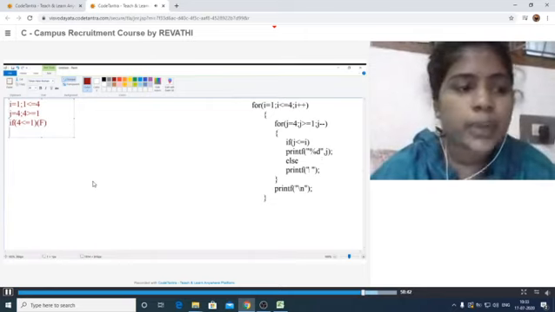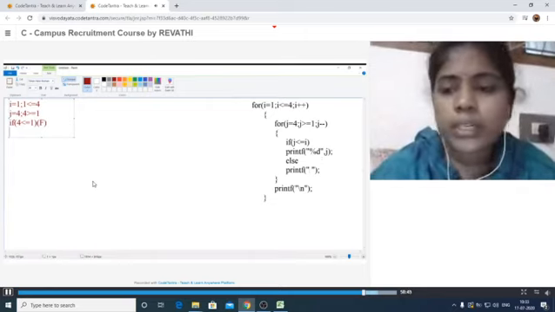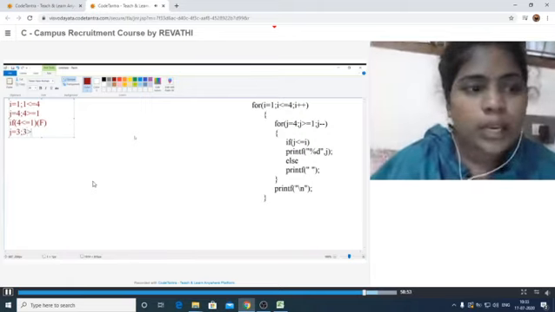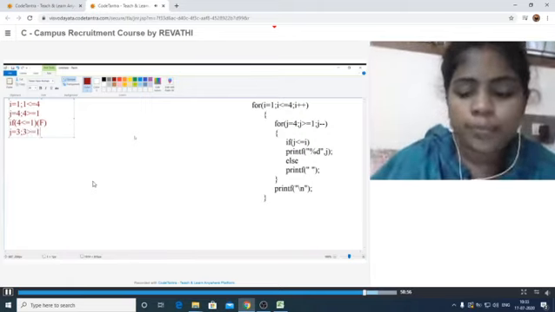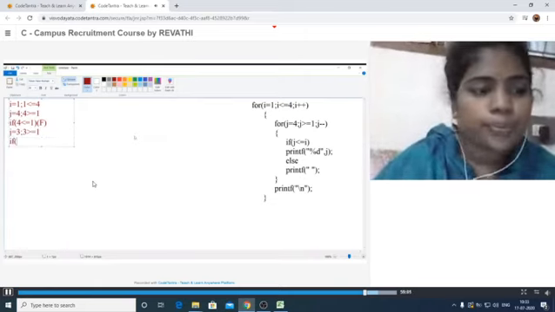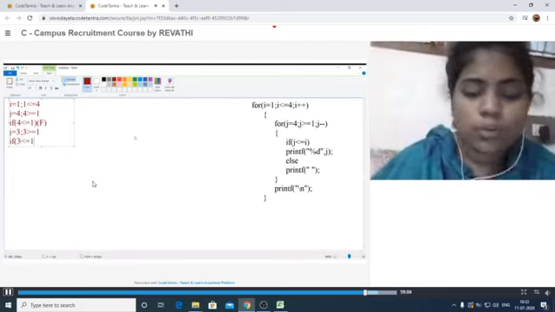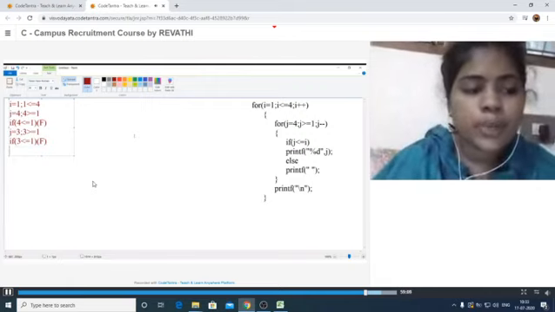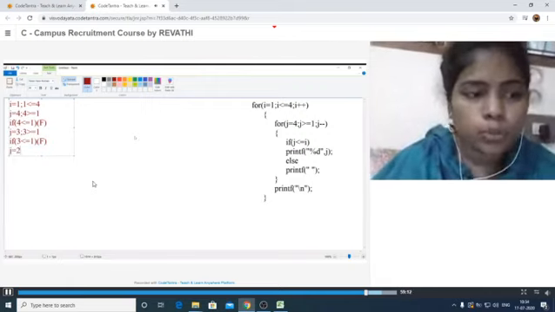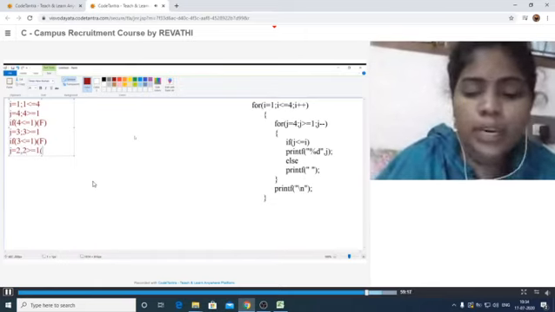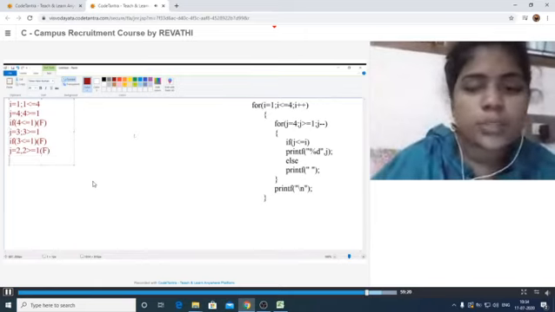space here. After that j is decremented by 1, that means j = 3, then 3 greater than or equal to 1, the condition is true. Again it has to check the condition if 3 is less than or equal to 1. Here also the condition is false, so it is also printing the space here. Next, again j = 2. That means 2 greater than or equal to 1. Here also the condition is false. Again it is printing the space.